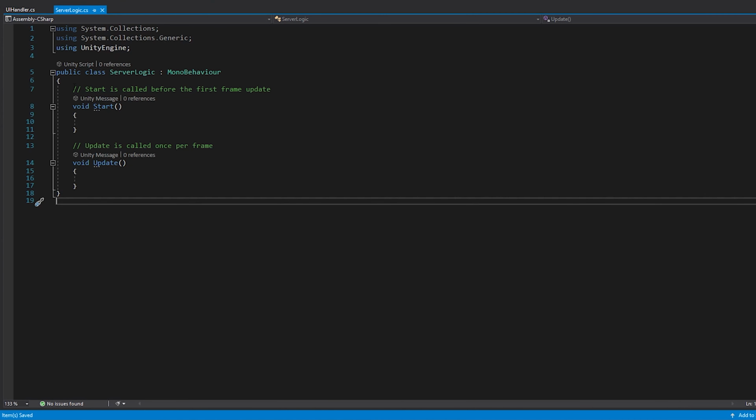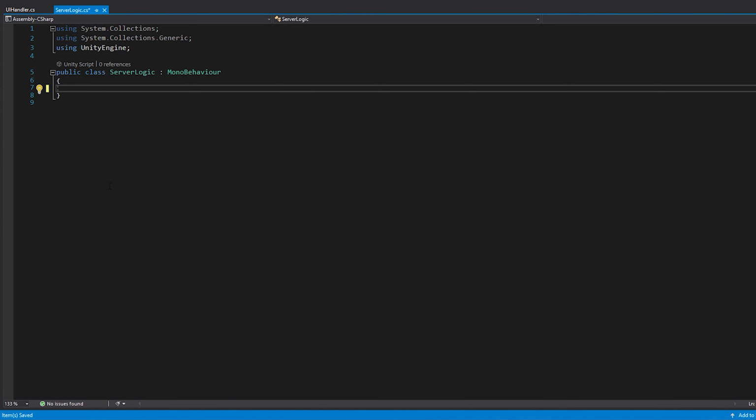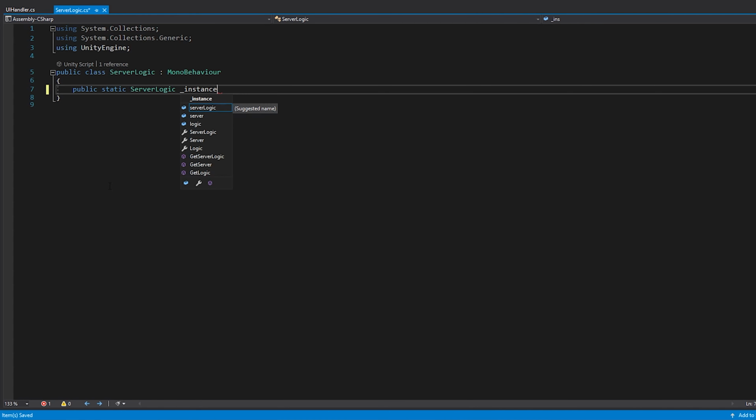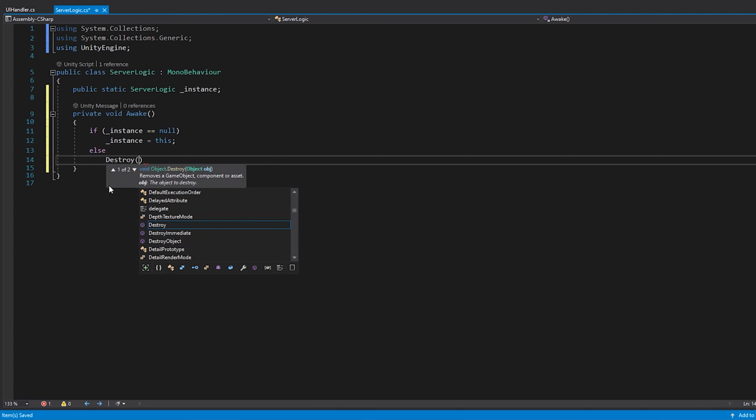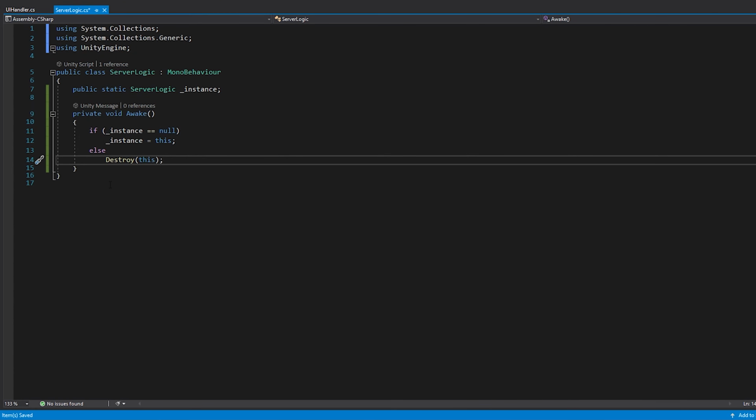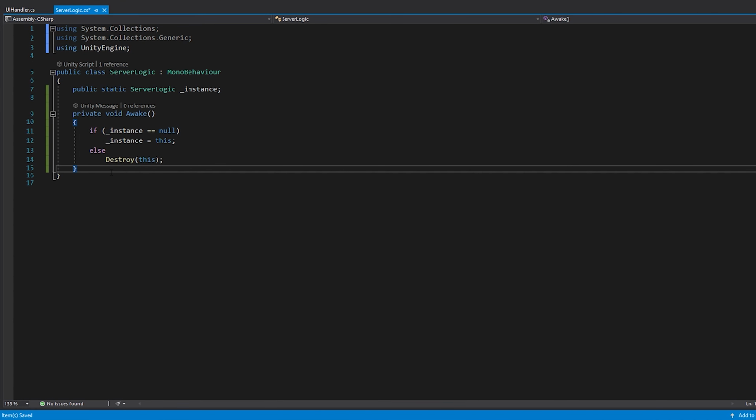In the server logic script, first we remove all the pre-existing code. We will then create an instance of this server logic script. Now servers don't give you values the very next second you press the button. There's always a delay between the request and the response. This is the ping value that you see in games. So to make sure the code runs smoothly with the response, we will use enumerators for post and get request. This might not be the best practice, so let me know in the comments below if there is a better practice. So let's continue with our logic.